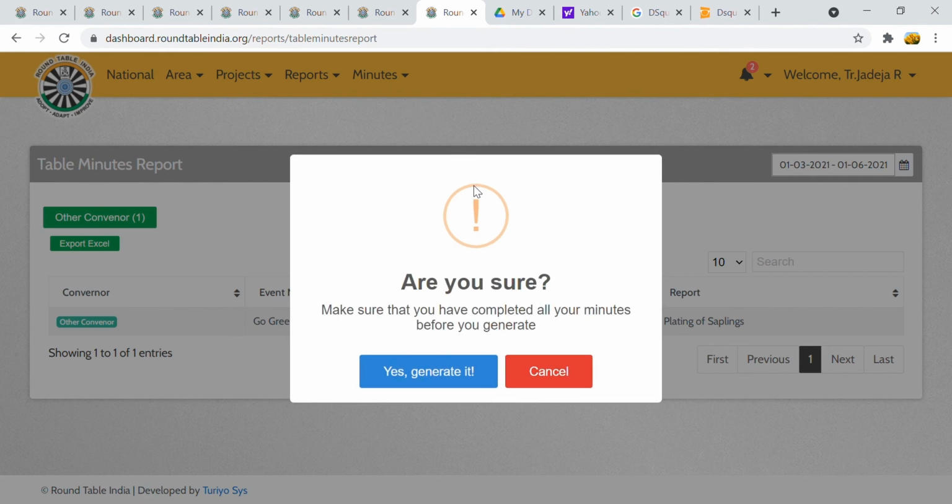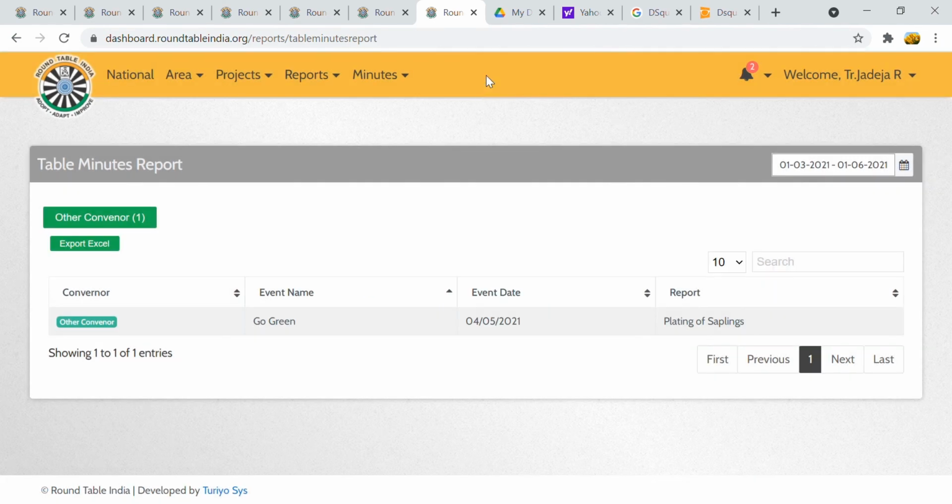Once you are done with your 24 minutes and you have submitted all the minutes successfully, only then please click yes, generated. If not, once you click it, you will not be allowed to submit any more minutes. So to generate a very good annual report, please ensure that every facet is listed under the appropriate section in your minutes. If you ensure that, your annual report will come out very clearly over here.